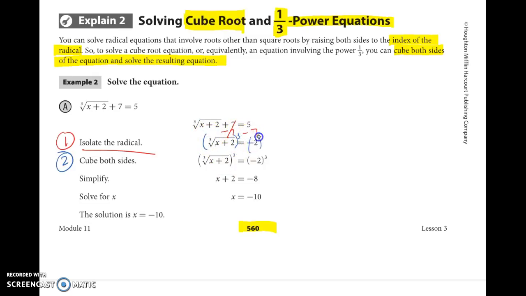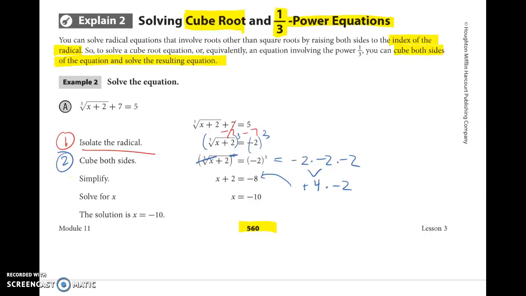So if I cube both sides here, like we have in this step, notice that the cube root and the cube are inverses of each other. So they cancel each other out and I just get x plus 2 equals, and then -2 cubed is just -2 times -2 times -2. So